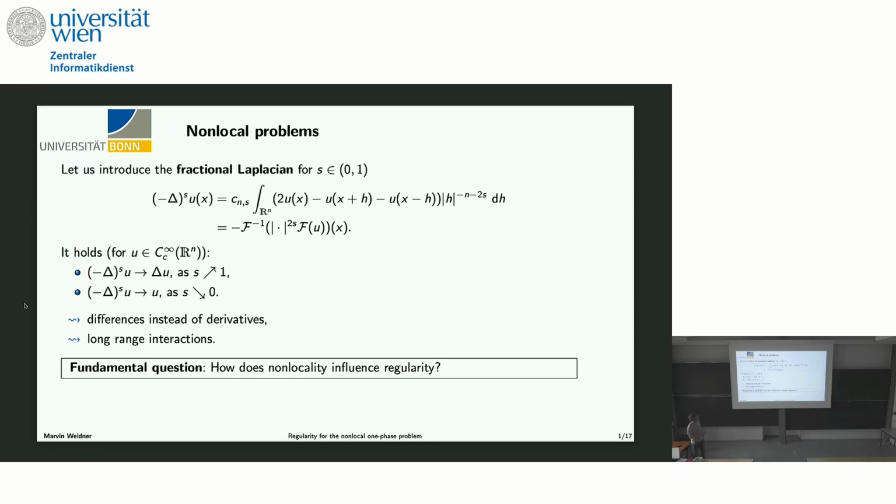Okay, and non-locality here enters on very small scales, but also on very large scales, in the sense that instead of having derivatives here, even when h is very small, you only have these increments, so no derivatives, but you have increments. And then at the same time, you also have non-locality in a very long-range sense, because when you want to evaluate this operator at x, you need to know the function everywhere in space. So what could happen is that if you solve an equation in some bounded domain, and you have very bad exterior data, they might affect the regularity of the solution inside the solution domain. Okay, and the question is whether this actually leads to new effects or not,